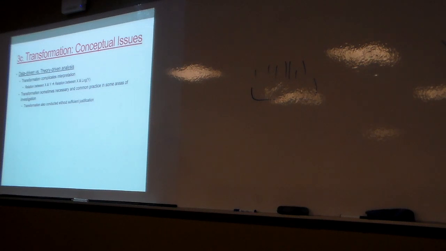So if I'm looking at measured X and I measure Y, but then I decide Y has an ugly distribution and I log transform Y, I'm not talking about X and Y anymore. I'm talking about X and log Y. And so when I run these analyses, I look at the association of X and log Y. The log Y probably doesn't mean much of anything to anybody. If I'm talking about an audit score, an alcohol use disorders identification test, right? I know what an audit score means. I don't know what the log of audit means. And so all of a sudden I've ruined my intuitive interpretation of this variable.